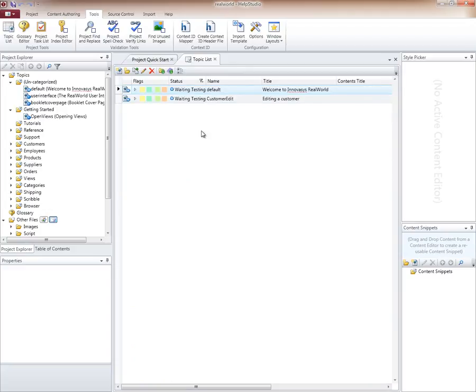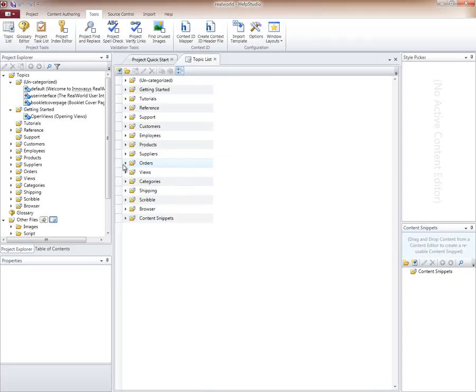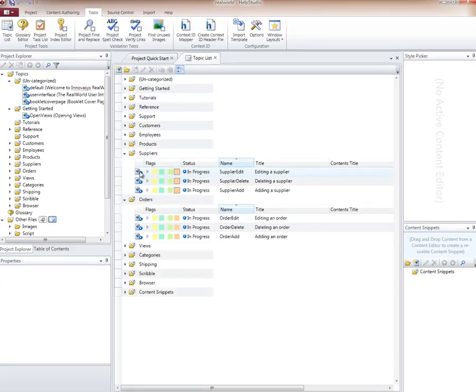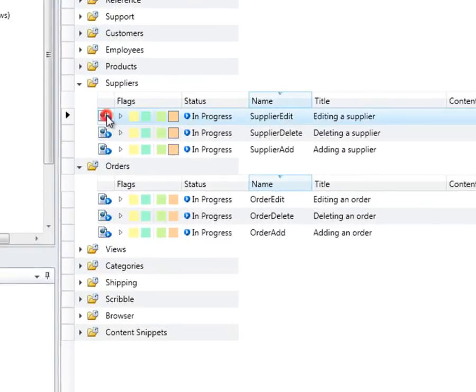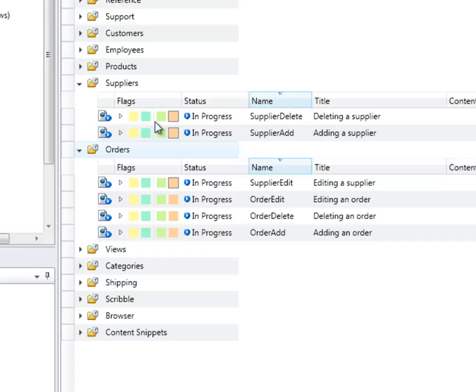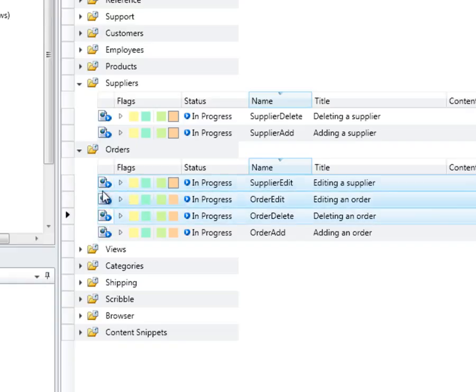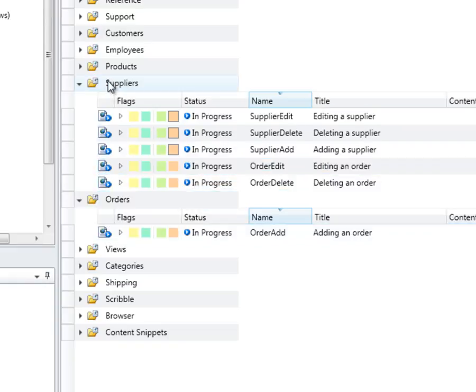The topic list supports drag and drop to make it easy for you to reorganize topics. I'm just going to demonstrate that by switching back to categorized view, and I'll move a couple of these topics to a different category. So I click on the topic in the grid, drag and drop it on the new category. And I can also use multi-select as I can in the Project Explorer. So if I hold down the Control key, I can click and select multiple items and drag those all across